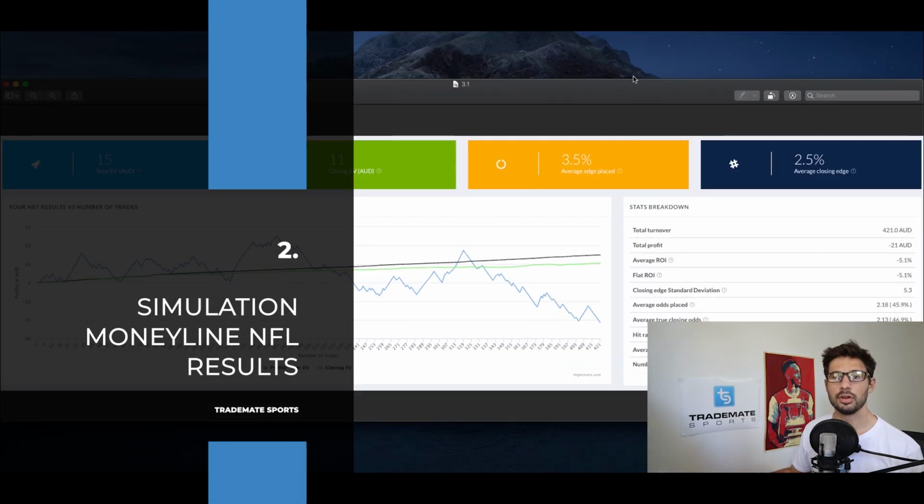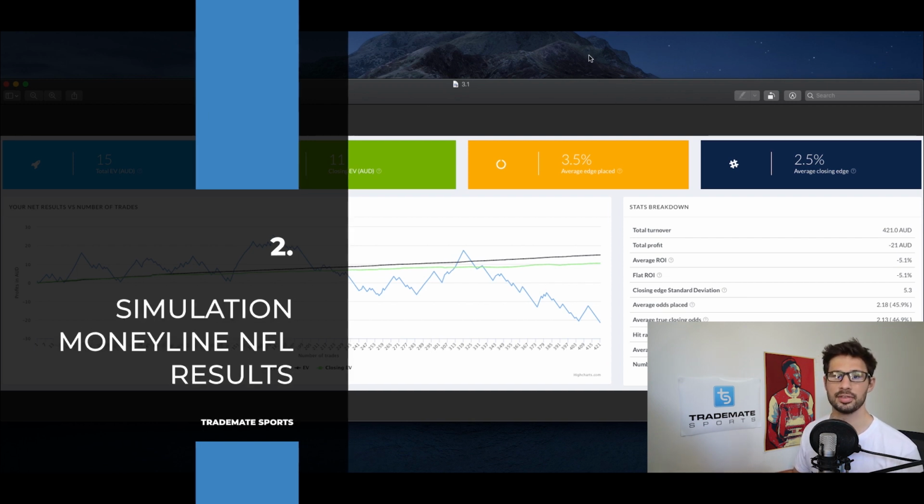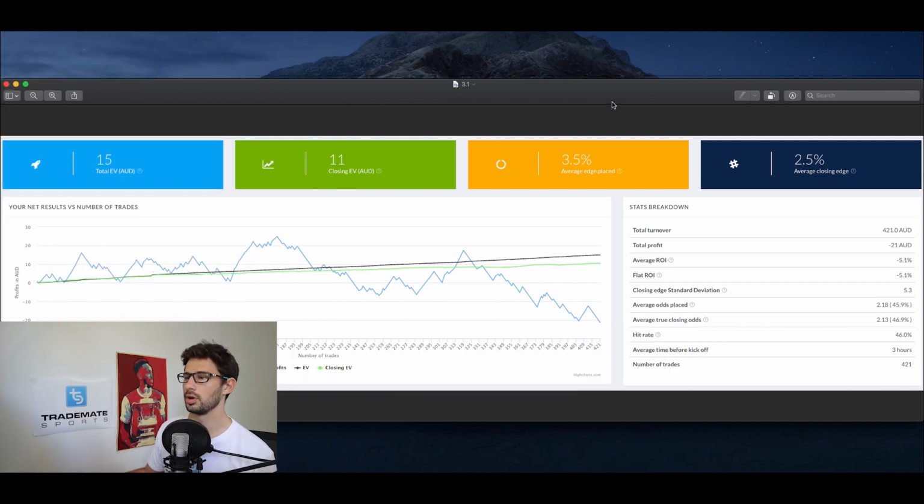All right, so here are the results of the moneyline simulation. Unfortunately, Trademate didn't want to work for me and load it for me, but luckily last week I ran the same simulation and took a screenshot. So here are the results, and as you can see, we haven't performed that well on the moneyline market, but you'll also notice that it's only a sample of 421 trades,